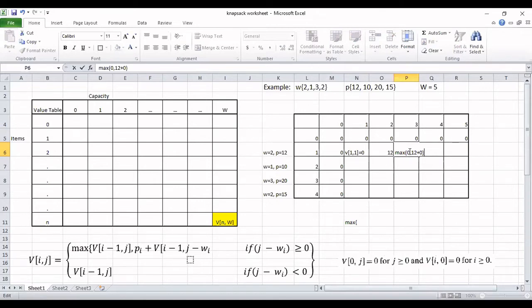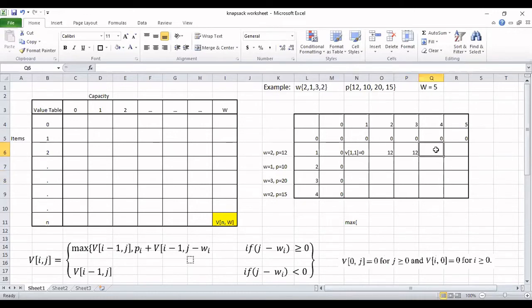12. When you look at the logical meaning of this also, when you have a capacity of 3 and an item weight of 2, you can comfortably fit this. But when you are trying to fit this, we need to check whether including the item creates a better profit in the knapsack or not. Without it, it is 0. By including it, the profit increases by 12. So definitely we can accommodate this, and this becomes our value 12. Clear? How about the next cell?